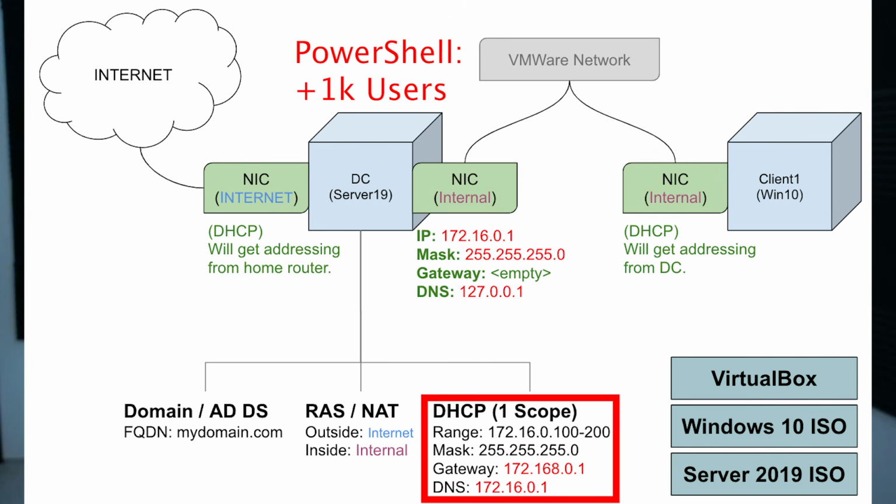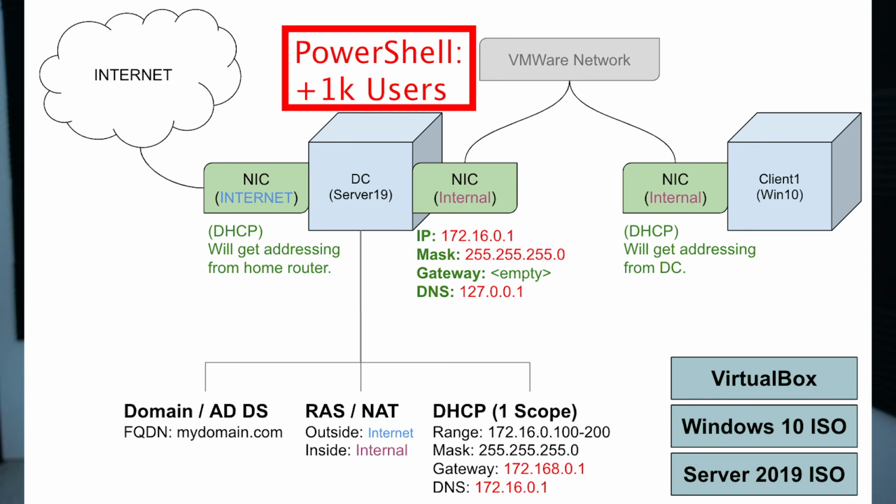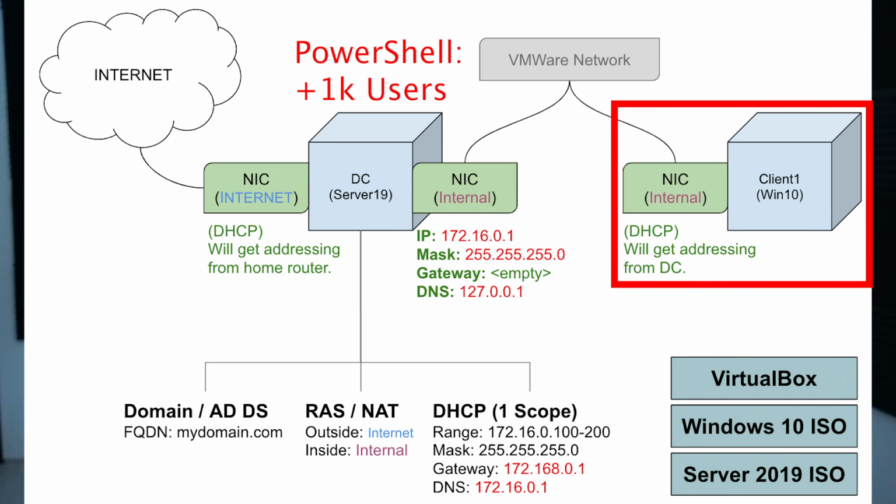And then the last thing we do on the domain controller before we create our client virtual machine is run a PowerShell script that will automatically create 1,000 users in Active Directory. And I'll go through the script a little bit to explain what each line is, so you can get an intuition on how PowerShell is useful and what kind of things you can use it for. After creating the users, we're going to create another virtual machine and install Windows 10 on it, and that